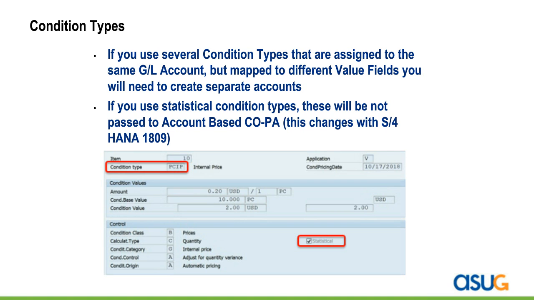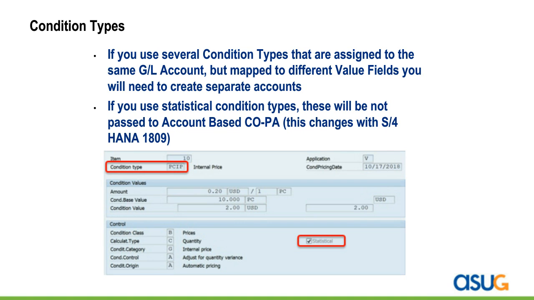And this might sound simple. You might say, well, if I don't have the right account assigned to the sales condition, the billing document wouldn't even post, and that's true. If you break the link between a condition type and a value field or the GL account, you get an error when you bill. But however, what this is really saying is that if you have, for example,